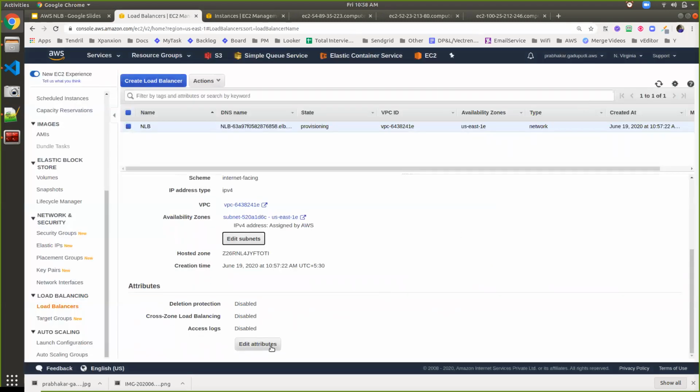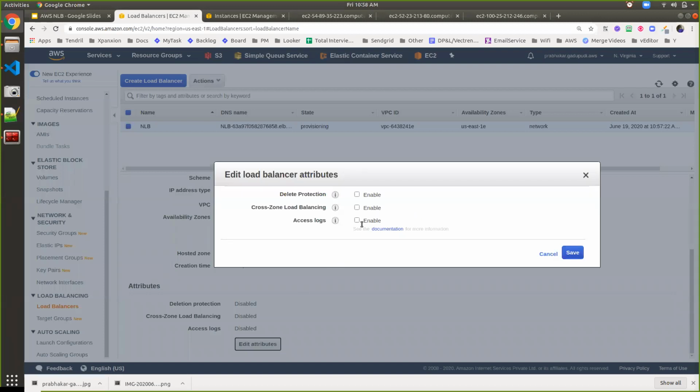And coming to the attributes part, this is also a very important part. If we enable delete protection, then if someone tries to delete this NLB by mistake, it will display a warning. Unless you disable this option, it will not allow you to delete the network load balancer. And cross zone load balancing is available.